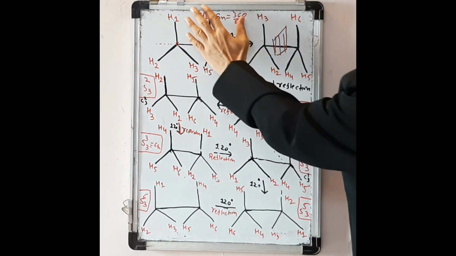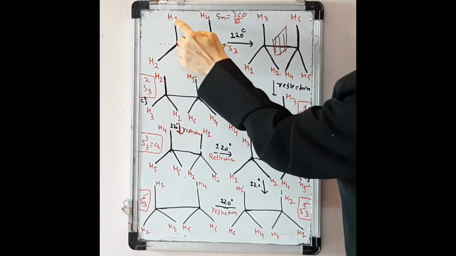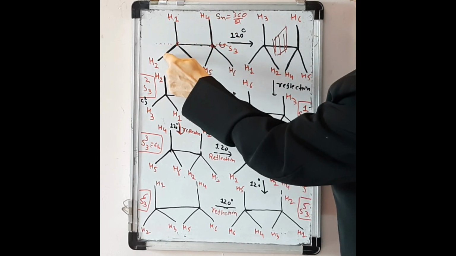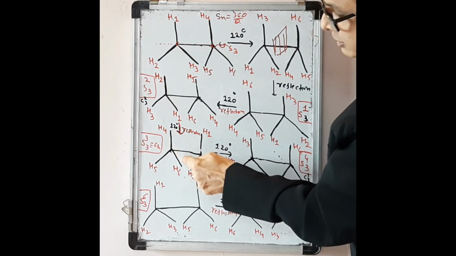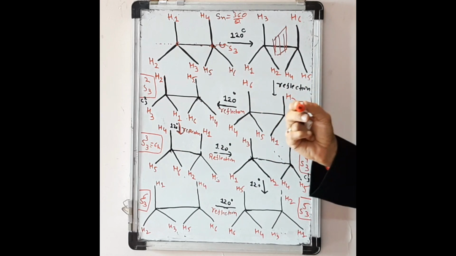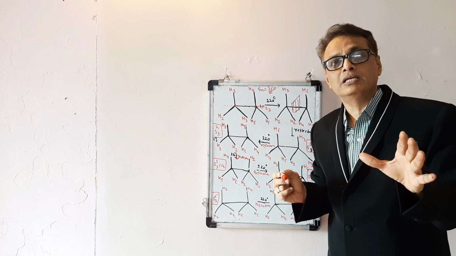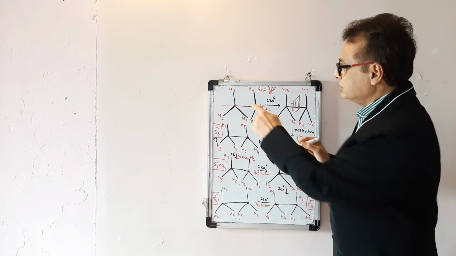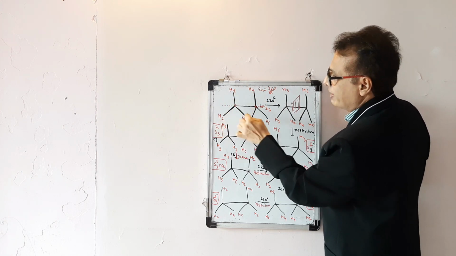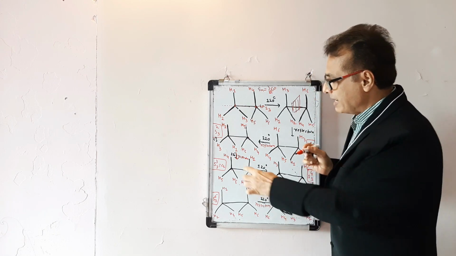And if this molecule is reflected by the plane, then here 1, 2, 3 is reflected to 4, 5 and 6. So you will get this configuration. So this S33 is also named as sigma H. Sigma is nothing but a mirror plane which is perpendicular to the principal axis, known as the horizontal plane of symmetry. So this is the principal axis, this is the mirror plane. So 4, 5 and 6 are reflected to 1, 2 and 3 and you will get this configuration. So S33 is also named as sigma H.